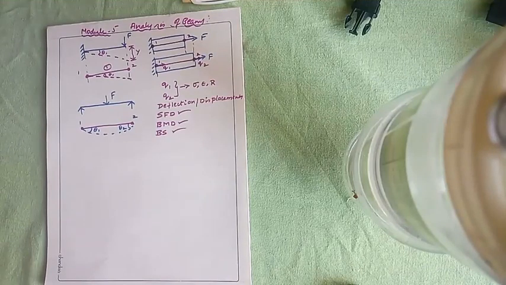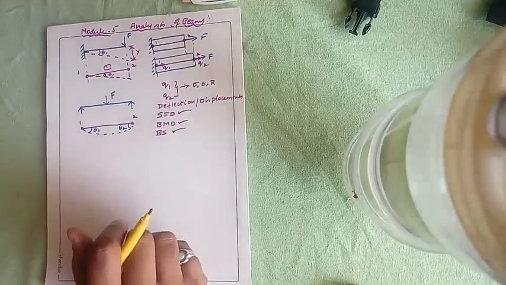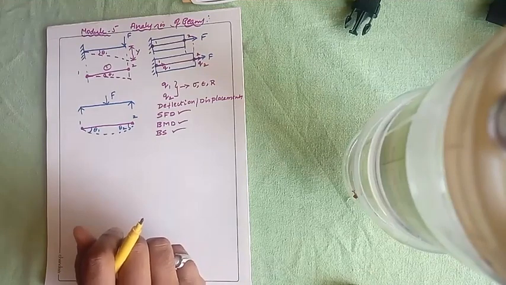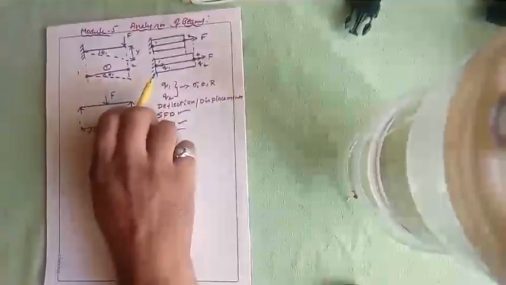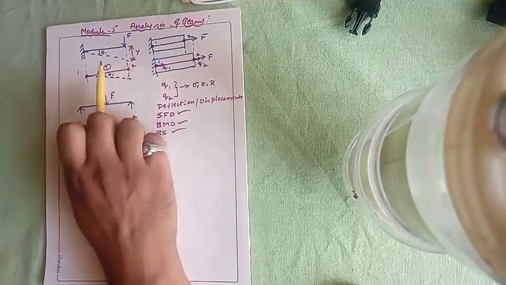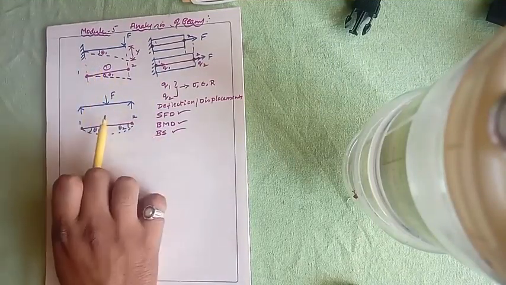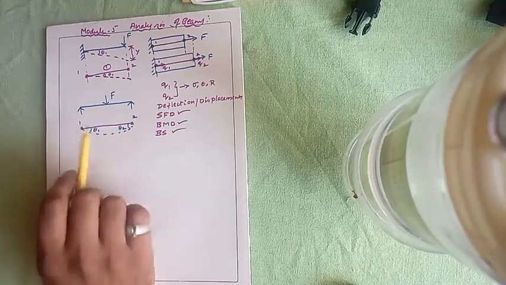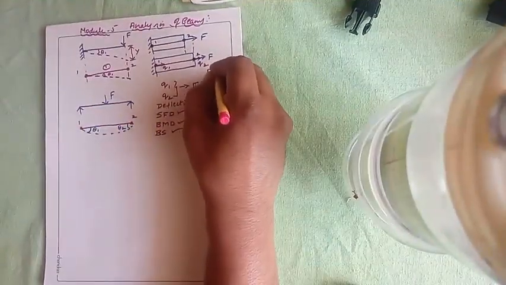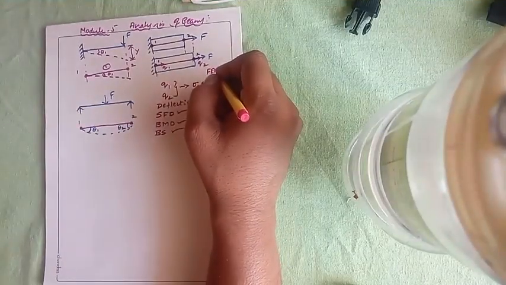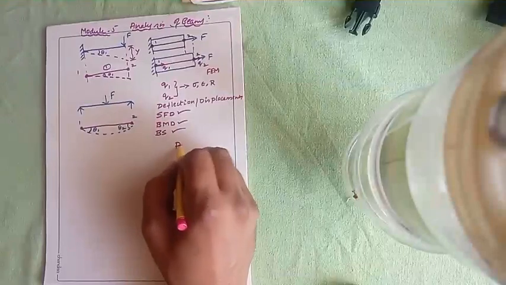Before going into beams, we need to know some basics which you have already studied. You can see I have written a diagram here. This is a bar and this is a beam, and this is a cantilever beam if I want to be specific, and this is a simply supported beam. In FEM, that might be analysis of bars, that might be a stepped bar, or analysis of bars,